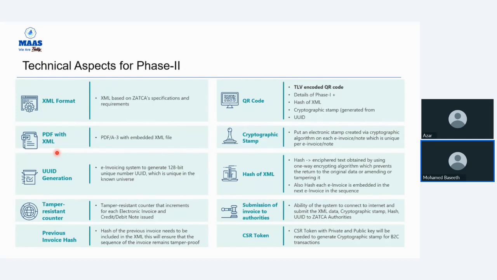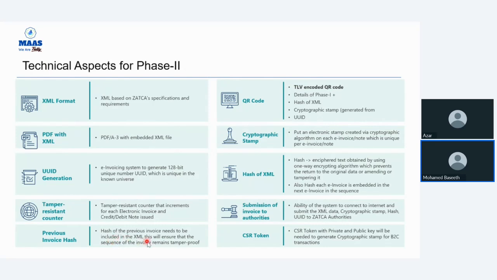So every next invoice will automatically have the hash of the previous invoice. Again, we will see what a hash is as well. This is to prevent anybody from tampering with it, or to keep a log of any tampering that happened in the first place. And for each invoice to contain the previous invoice hash,